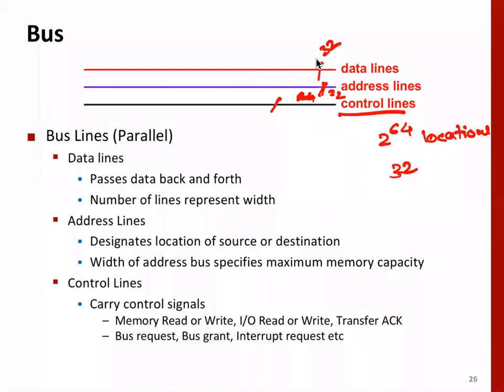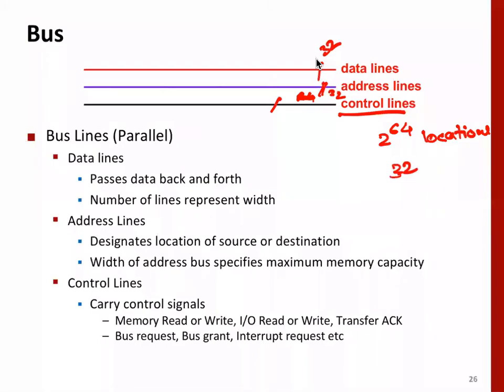Is it absolutely clear? Yes, sir. Hello, sir. Why can't we use one line for both data and address? Like in one cycle, take data, another cycle, take address. Very good question. That's what the design was 20 years, 30 years back. Then the processor has to wait. So what we are trying to do is in some sense reduce the time. We carry the signals together. So what you say is right.